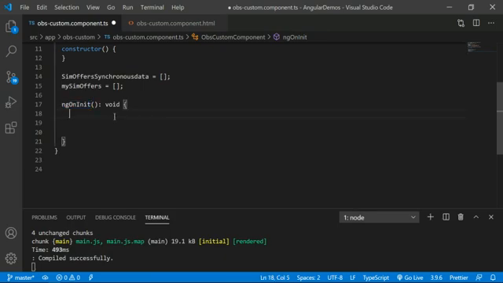So the first step is how to create my own custom observable. We can create our own custom observable in two ways. One is by using the new Observable constructor, and the other is Observable.create. I will create this custom observable in these two ways. First let me discuss the observable constructor.